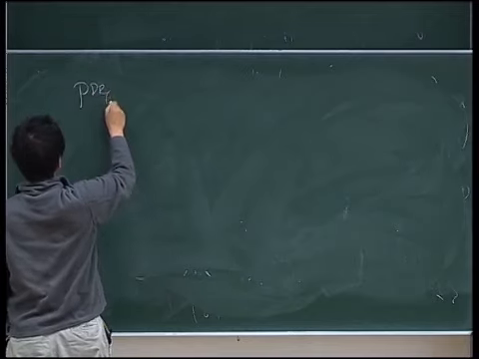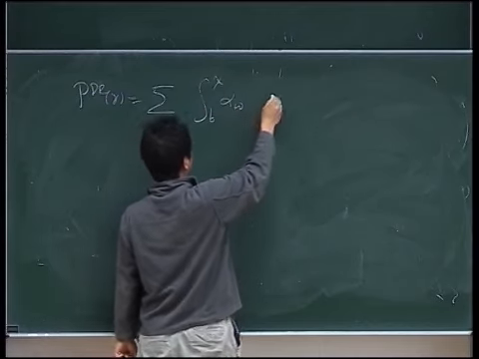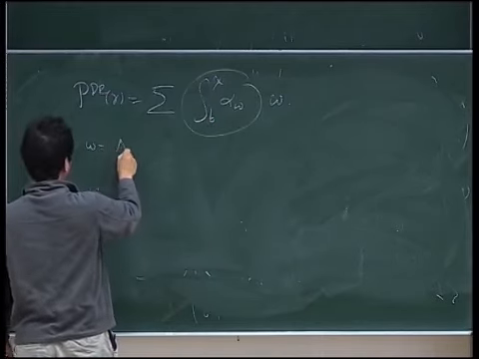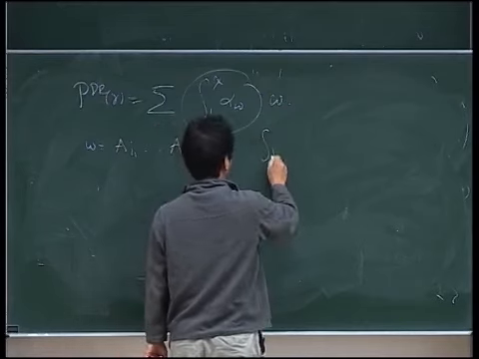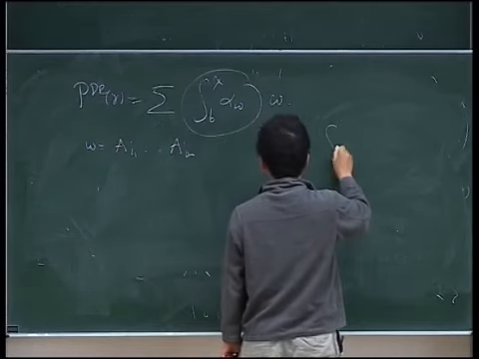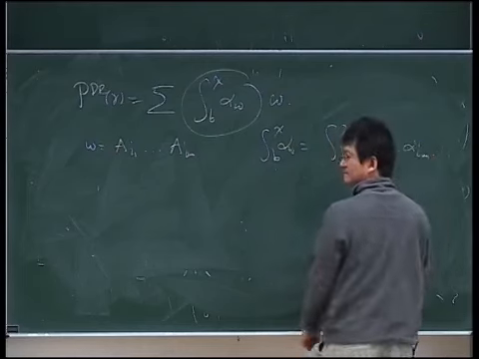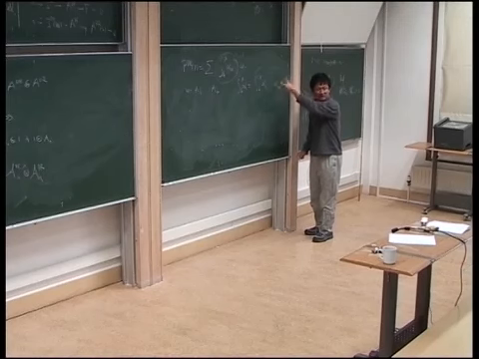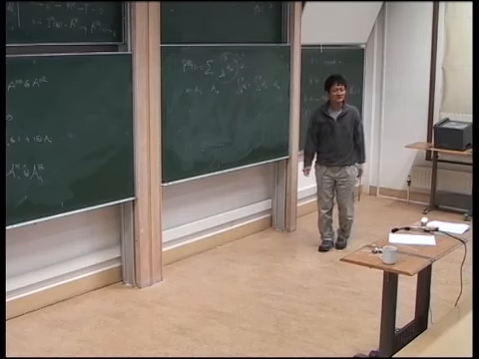P de Rham of gamma is the summation of the integral from b to x of alpha sub W, where this is an iterated integral. If you have a word a_i1 through a_im, then by this I mean the iterated integral of alpha i1 through alpha im, in the previously defined sense. You integrate this, view it as a function, multiply onto the next thing, integrate that, view it as a function, multiply onto the next thing, and keep going in this manner. So this way you really get an iterated integral.